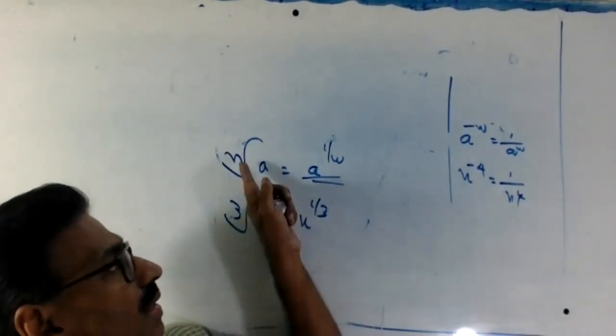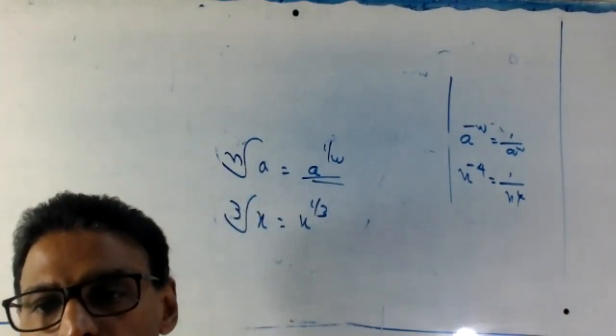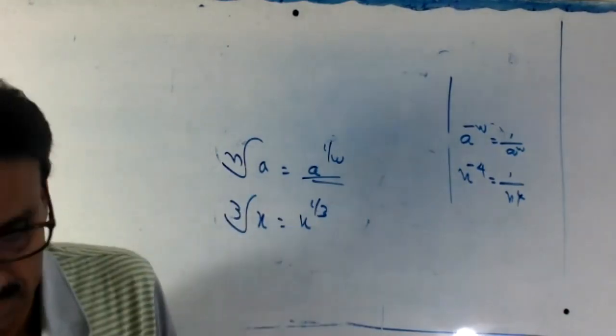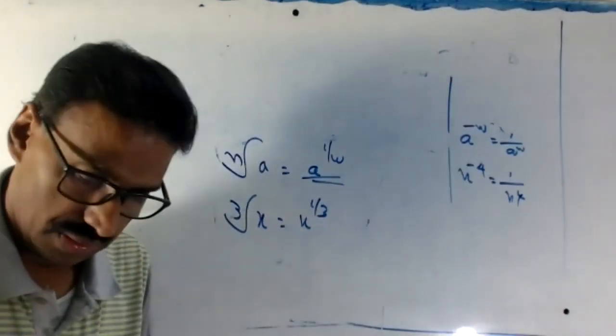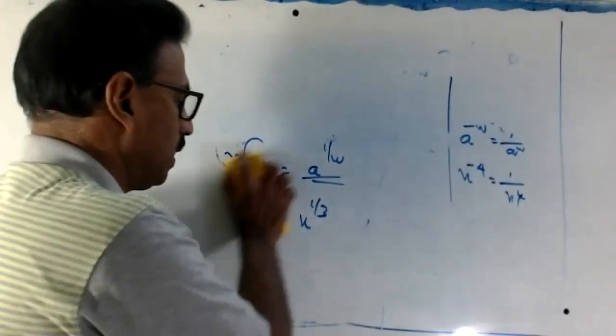Last one is what? Nth root of a. The order is n. Now listen. Okay, I'll explain. Listen here. You can hear me now, right? Clear sound today. I arranged an additional mic.